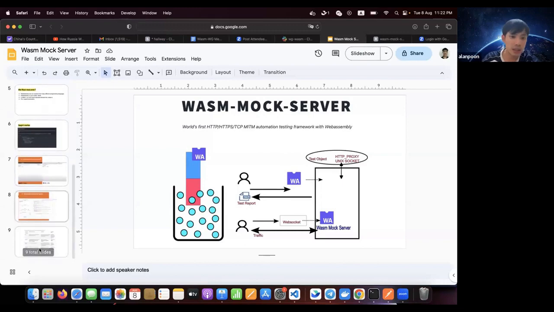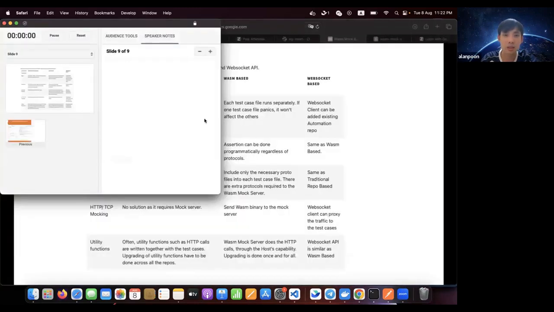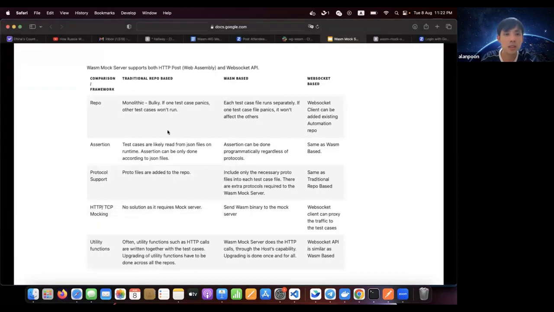Okay, yeah, I think over here are some of the things that motivated why I did this. I think I'll just try to do the slideshow. Wait. Yeah. So firstly, traditionally when people write Python for automation or Golang, it can be monolithic and it can